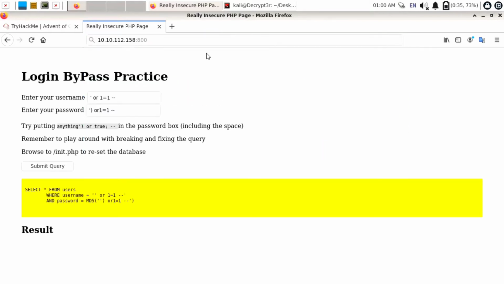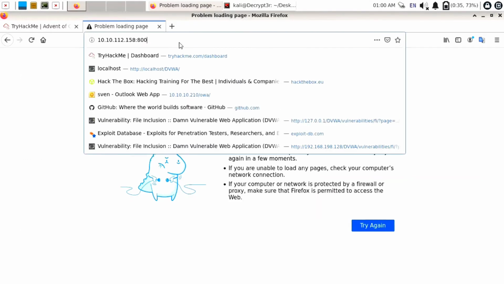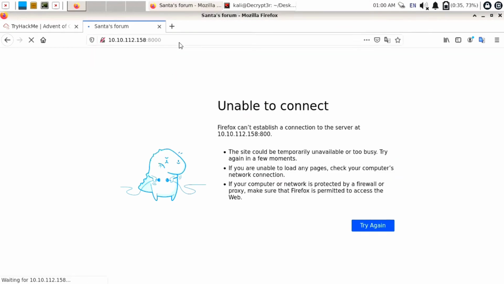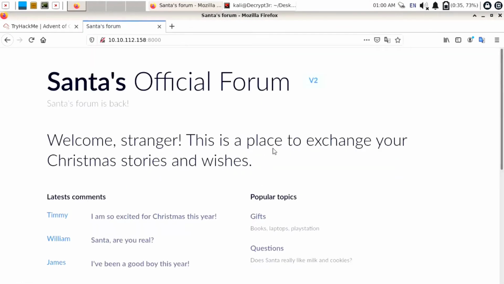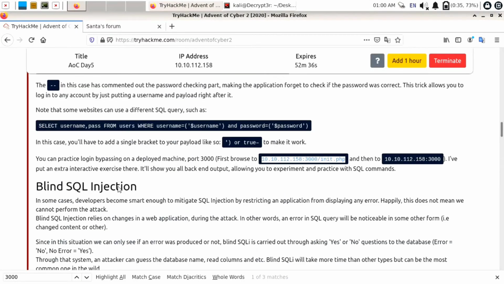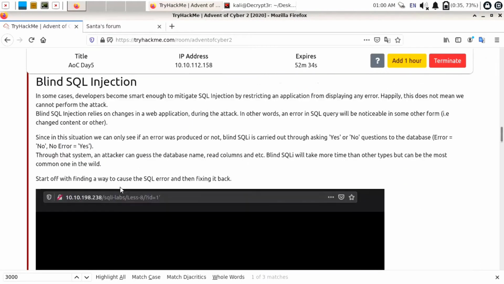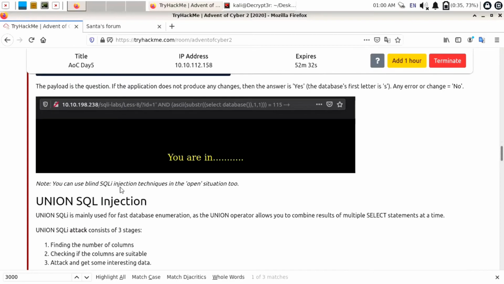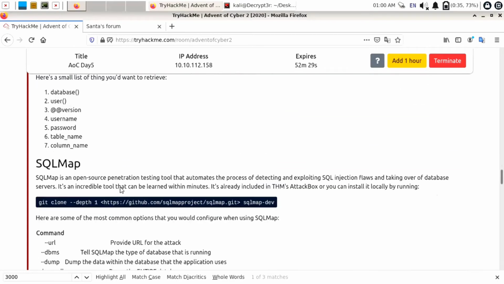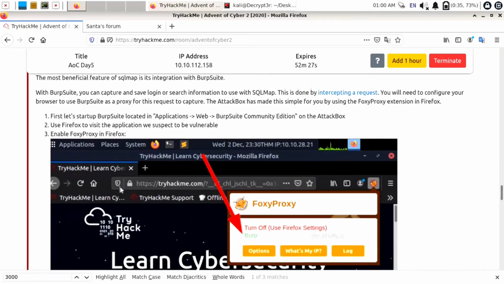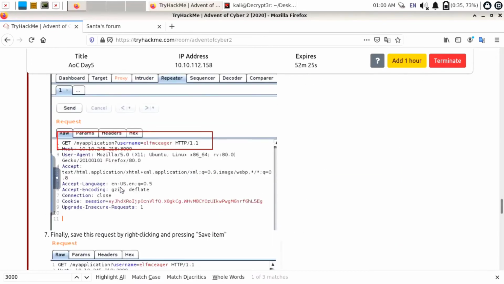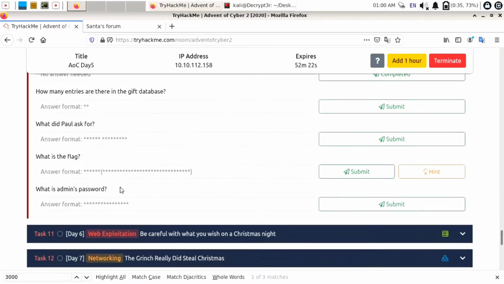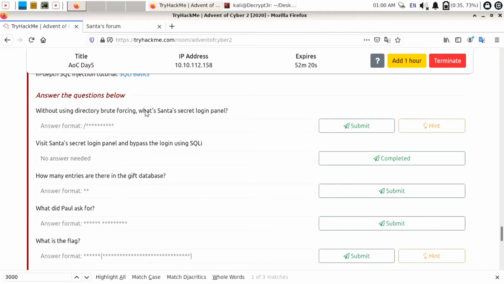Now what I will do, I will try this on the live website. So it is on port 8000, so I'll just add colon 8000. This is Santa's forum, and we need to log into Santa's panel. In theory, we already learned that someone hacked into Santa's panel. So we need to find Santa panel's URL. So just try to find any admin. We have to perform social engineering here, which means we have to guess this. We don't need to brute force this. They also explain in the question that without directly brute forcing, we have to find the login panel.